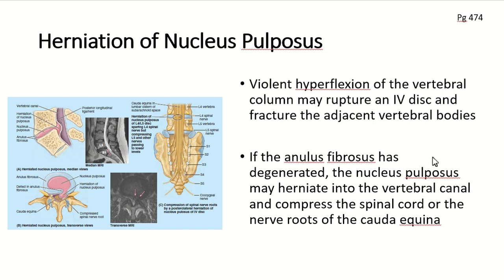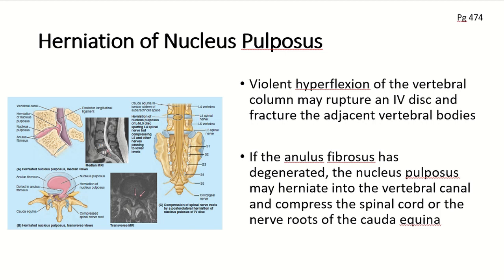And so this is what people commonly refer to as a slipped disc. It's not true. Your disc doesn't slip. It actually just bulges out. So we can see this herniation of the annulus fibrosus where we've got that compression leading to the compression of the spinal cord as it's moving down here. You can also see this in this picture from the transverse view showing it moving in. Also in this transverse MRI we see it just bulging outwards. Okay.